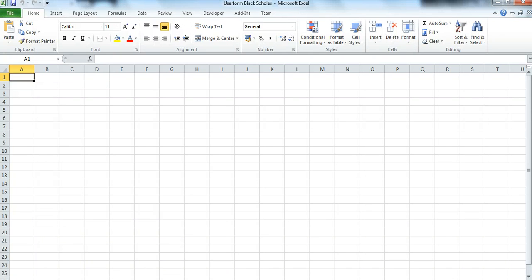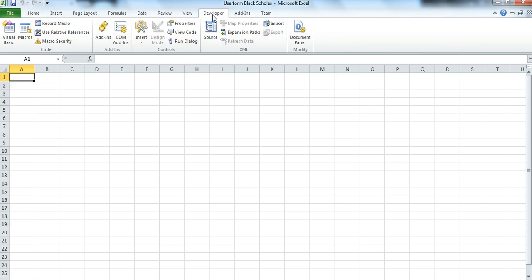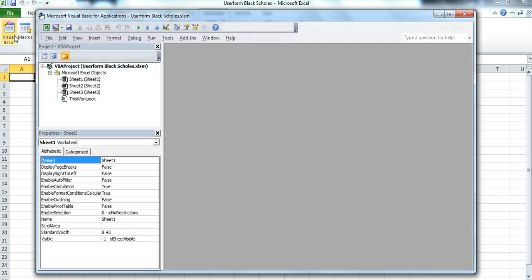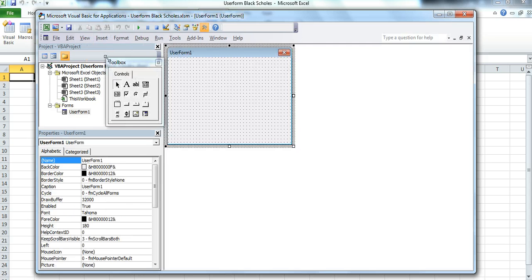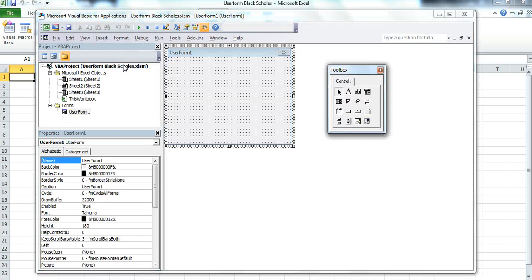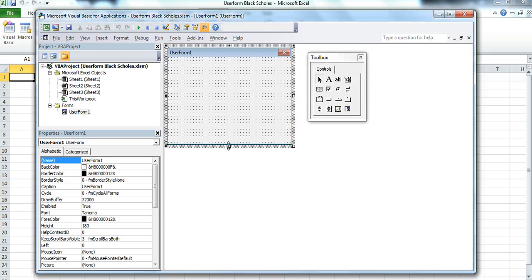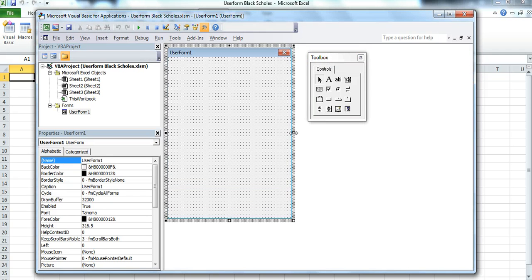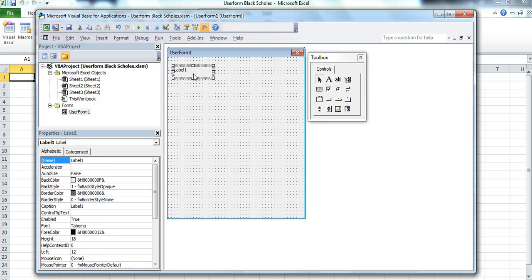So I want to set up a user form in Excel. Go to Developer tab, Visual Basic. We insert a user form, bring the toolbox across, reshape the box to give it bigger dimensions, put in 6 labels,